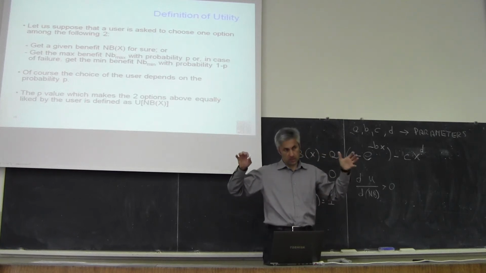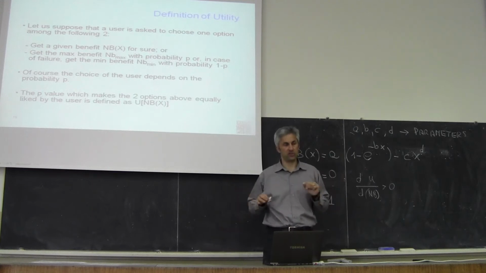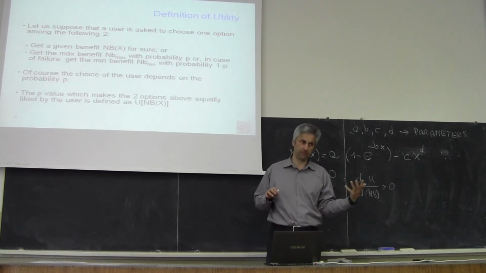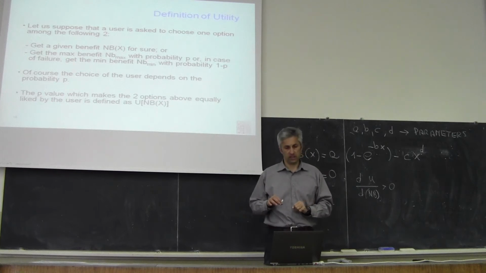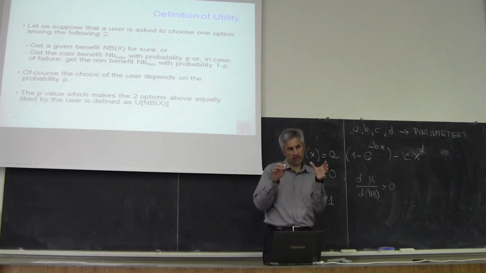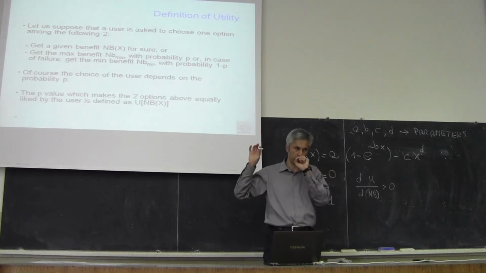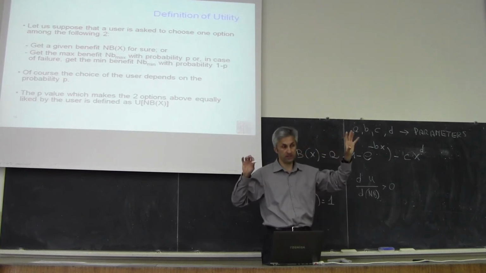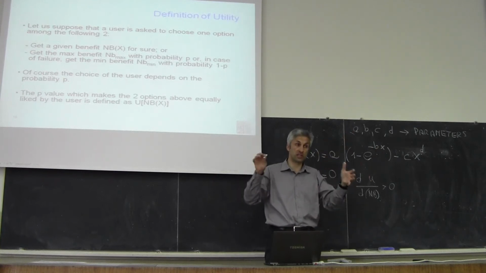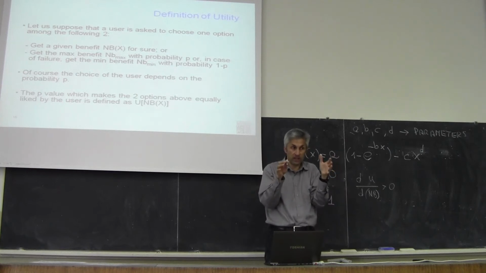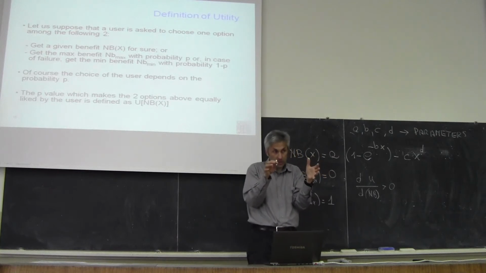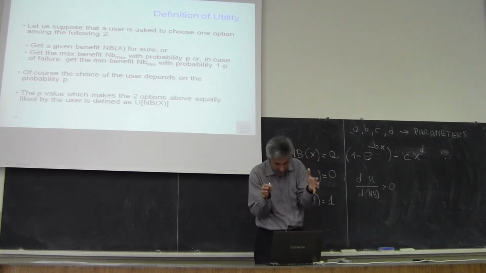Now let's assume that you go to a user and you ask him this question. Look, you have two possible outcomes from the decision that we take. The two possible outcomes are either we assign you a given benefit for sure, which is between the minimum and the maximum, or you have an assigned probability of getting a benefit. So I can tell him, for instance, you have 60% probability of getting a given benefit, or you have 40% probability